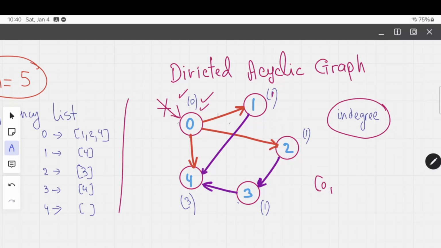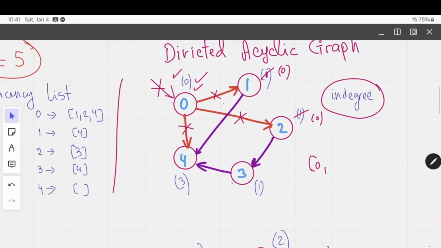After we are done with this, we break the edges, because 1 depends on 0, 2 depends on 0, 4 also depends on 0. We need to break all of these dependencies. Then this has only one edge coming in. It has only one dependency. That's why in degree is 1. Now that we are done with the course 0, we can reduce this one to 0, and this one we can also reduce to 0, and we can start taking